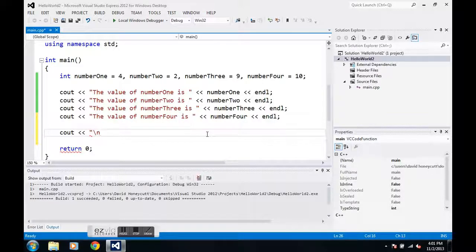special character, \n. This character is the same basically as endl, except that it is placed inside of the quotation marks. You can think of it as a character, so it needs to go inside quotation marks or apostrophe or single quotes, and it starts a new line. So that's what the n stands for, is new line. So I'm just going to say the sum of number 1 and number 2 is, space, quote, insertion operator, and